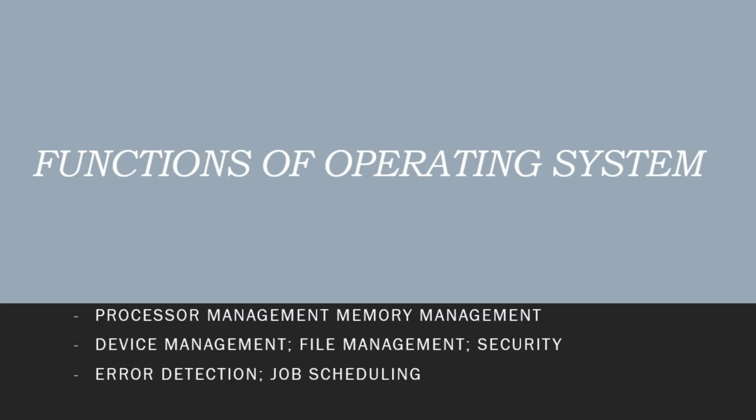Now, device management. Several devices are attached to our system. An operating system controls the working of all input-output devices, together known as I/O devices. It receives requests from these devices, performs the specific task, and then communicates back to the requesting processes. So this is device management. File management means the operating system keeps track of information regarding the creation, deletion, transfer, copy, and storage of files in an organized way. It also maintains the integrity of data stored in these files, including the directory structure.